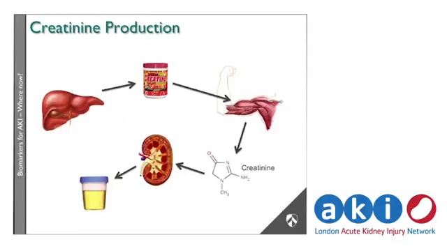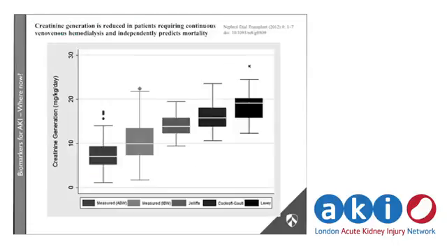So just to emphasise, as you've heard again this morning, creatinine comes from your liver or from your diet to muscles. You make creatinine that's excreted in your kidneys, but obviously critical illness can affect muscle metabolism. You have changes in your diet and changes in liver function, and all of these alter production. There's some data on this. This study was essentially looking at creatinine production in patients who were on hemofiltration.